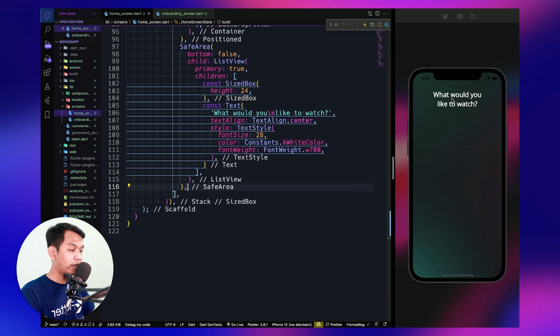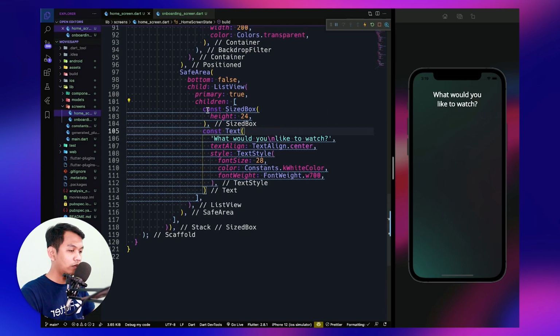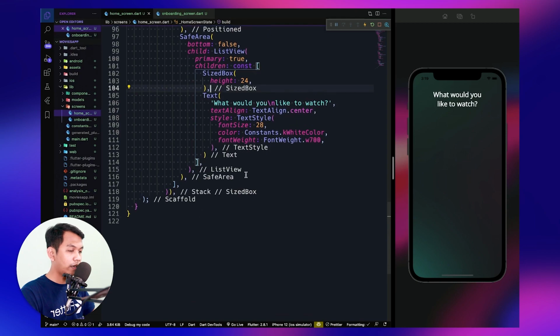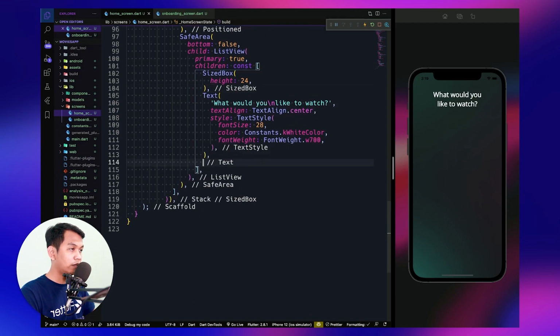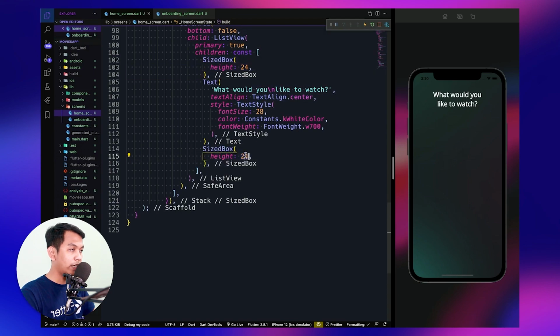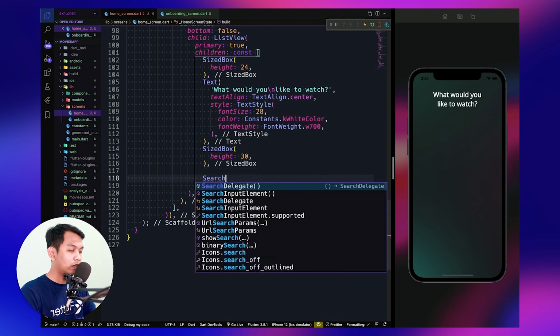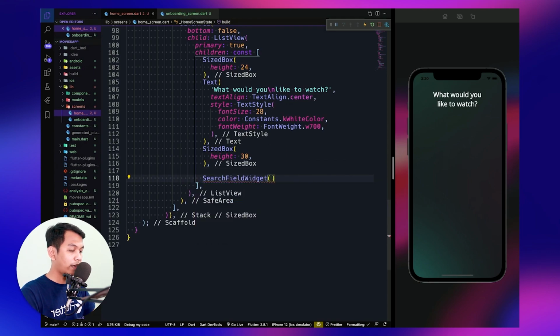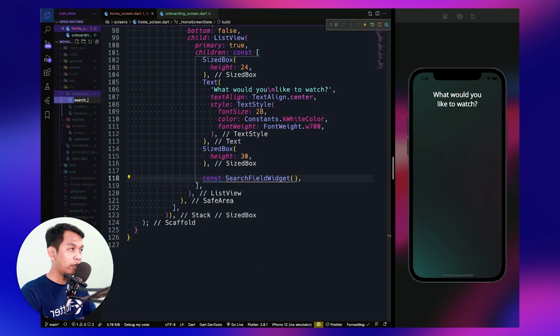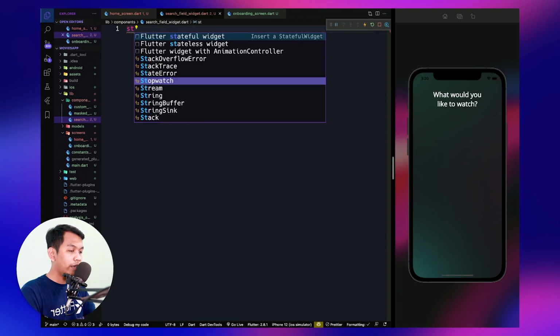And now we will have one text widget here. So what we need to see, all right, so look like this. And below our text widget, we will have SizedBox again, paste here with the height 30. And below that, we will add a search field widget, and this widget doesn't exist yet. So let's go to the component folder. Let's create a new file, name it search_field_widget.dart, and for now we